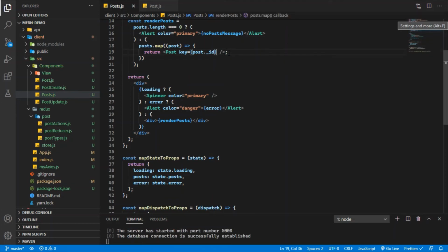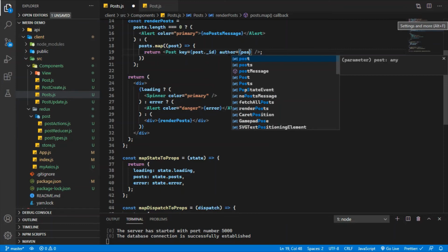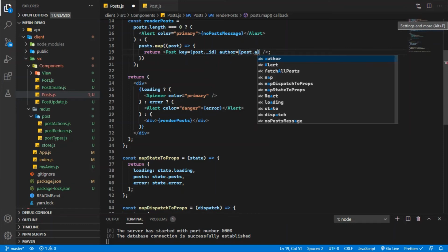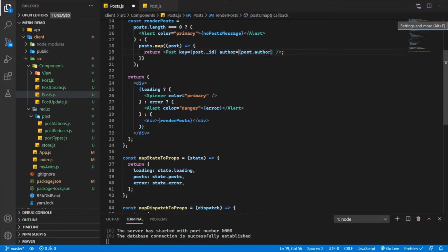And we are going to give it key and then author, and in that author we are going to send post.author, and in the content part, post.content.